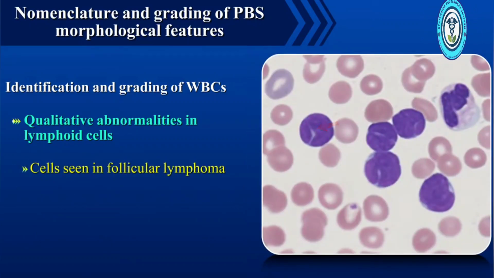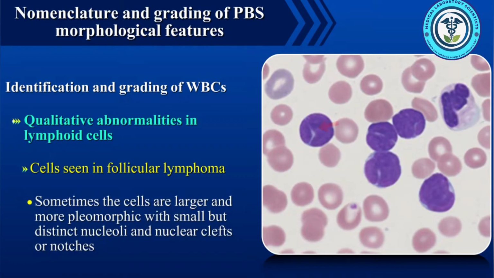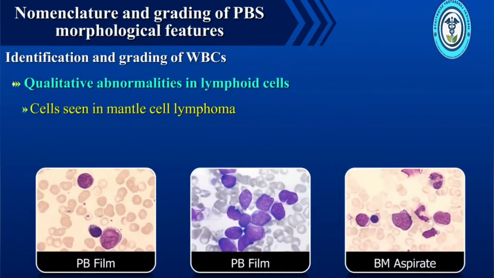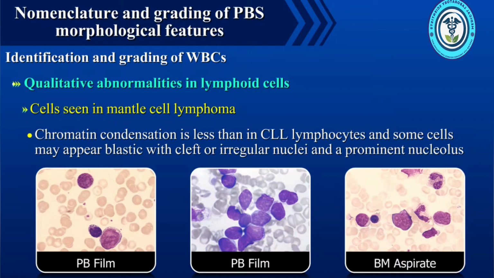Cells seen in follicular lymphoma are often small with scanty, weakly basophilic cytoplasm and have nuclei with notches or deep, narrow clefts. Sometimes the cells are larger and more pleomorphic with small but distinct nucleoli and nuclear clefts or notches. Cells in mantle cell lymphoma are pleomorphic, varying in size and NC ratio. Chromatin condensation is less than in CLL lymphocytes, and some cells may appear blastic with cleft or irregular nuclei and